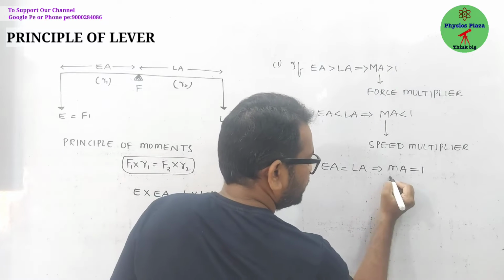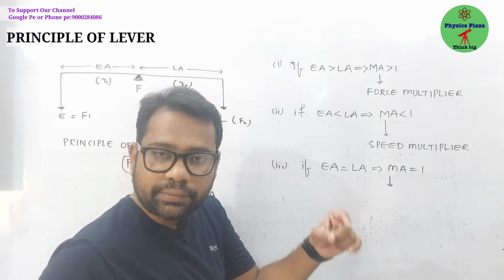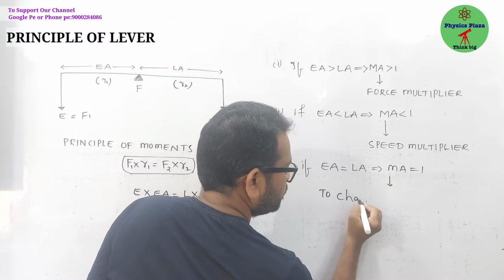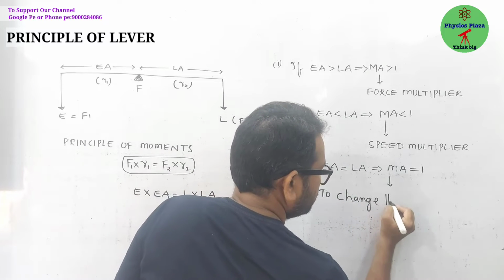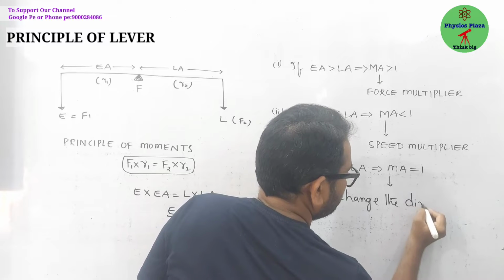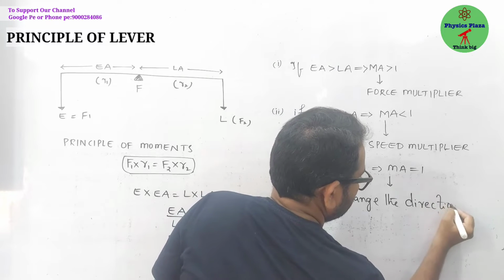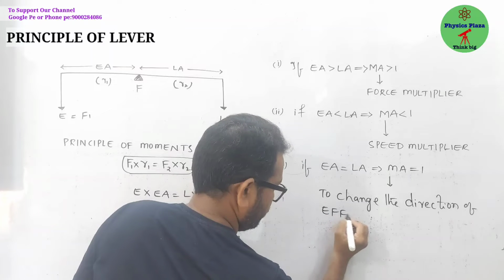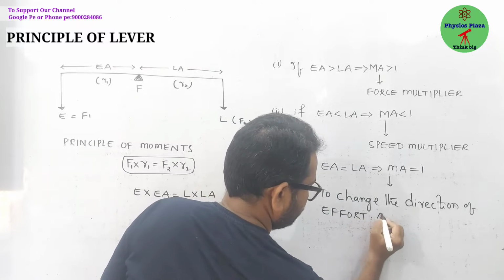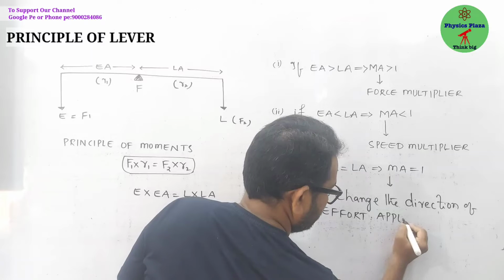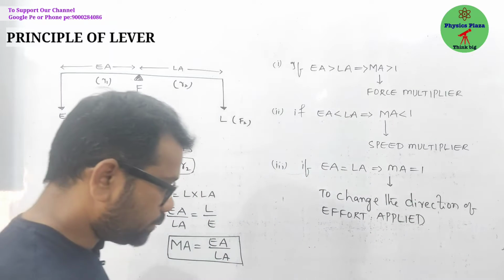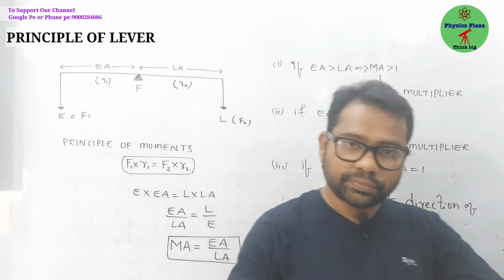Yes, so that particular lever with a mechanical advantage equal to 1 is used to change the direction of effort applied. Okay, children, so this is very important